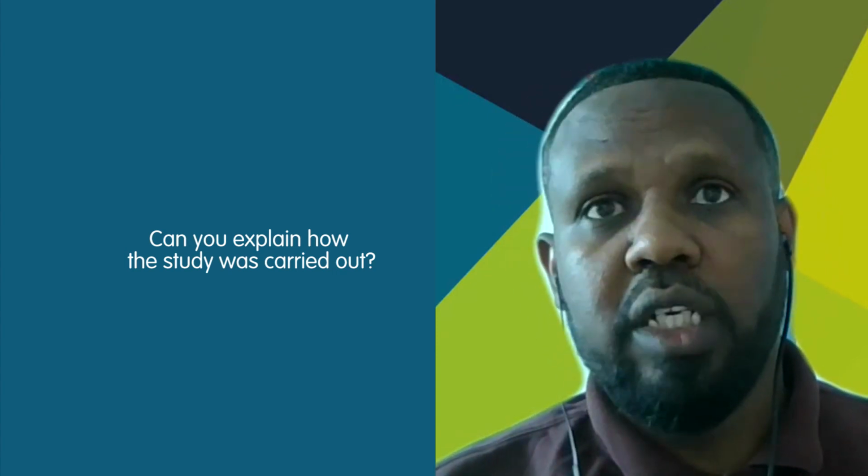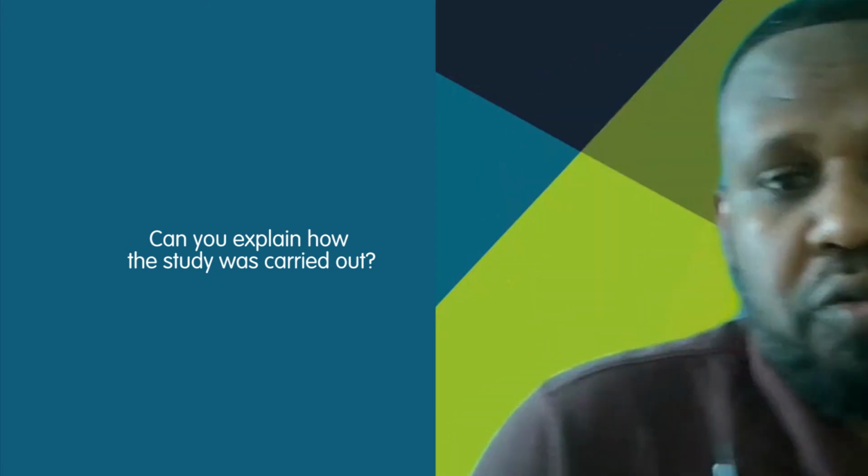Can you explain how the study was carried out? The study was carried out, basically it has 3 components. The first component involves categorization of various costs and tool preparation. In the second phase, it was about collecting the information via school surveys and interviews from different schools. And finally, processing of the data and sharing of the results. This was the basic steps we undertook. And then after 2 years, we also got involved in updating some of these costs.